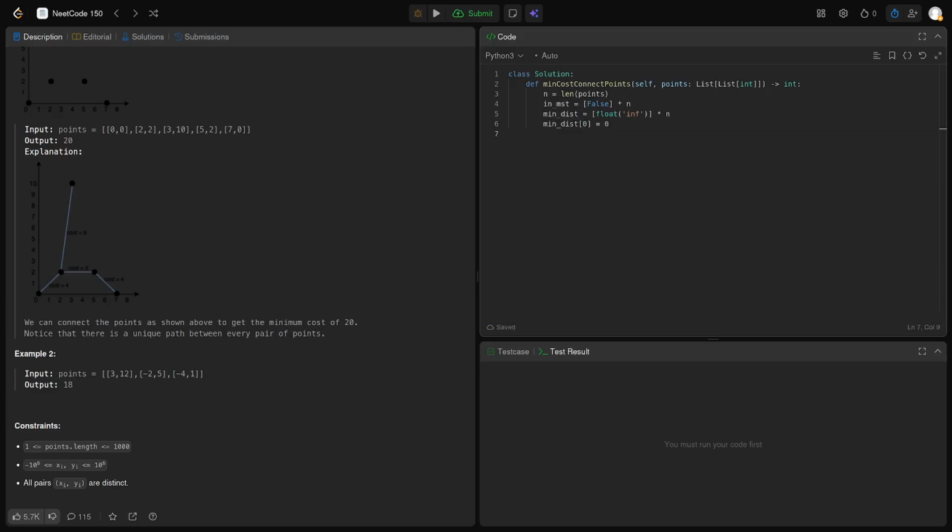So let's say 0 is in the MST. Then for _ in range n-1, and then we pick min_node, no wait, so that's min_distance float inf, min_node, for node in range n, if